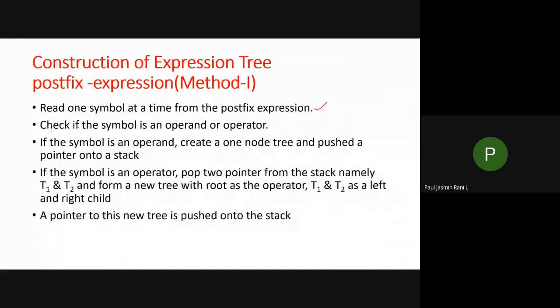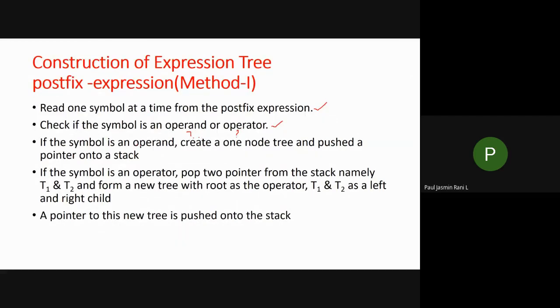In the second step, I check whether that particular symbol is an operand or an operator. If it is an operand, what do I have to do? If it is an operator, what do I have to do?